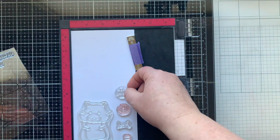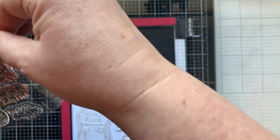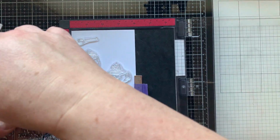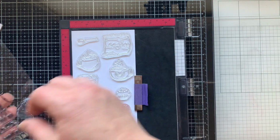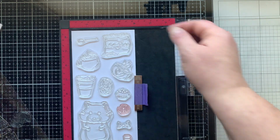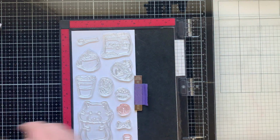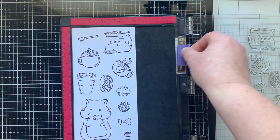So I have some stamps from the Yum Yum stamp set. By the way, that stamp set also comes in a digital stamp set. So if it is sold out, you can order the digital version. You'll get it immediately, download it, print it out, use it that very second, which is one of my favorite things about digital stamps. I also use some images from the I Heart Coffee set, stamp them in black ink